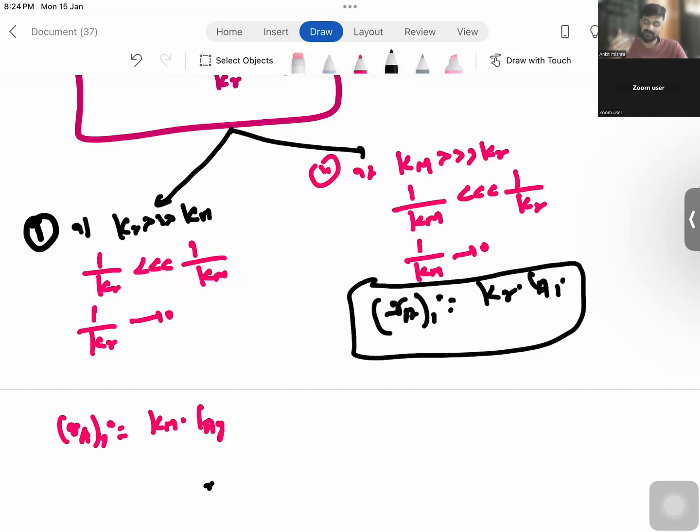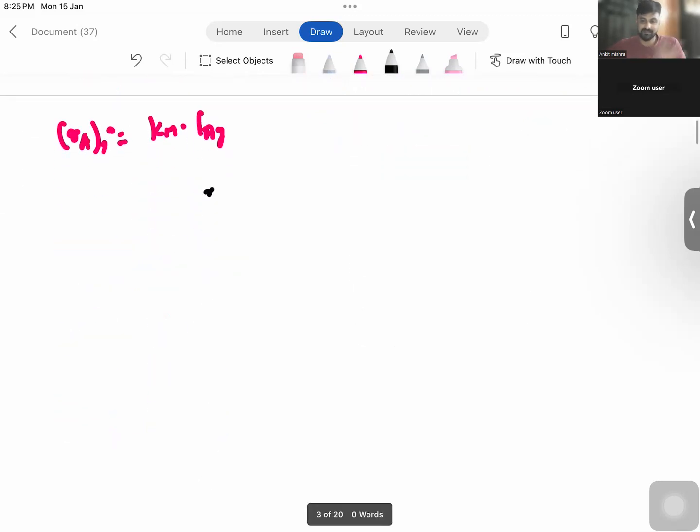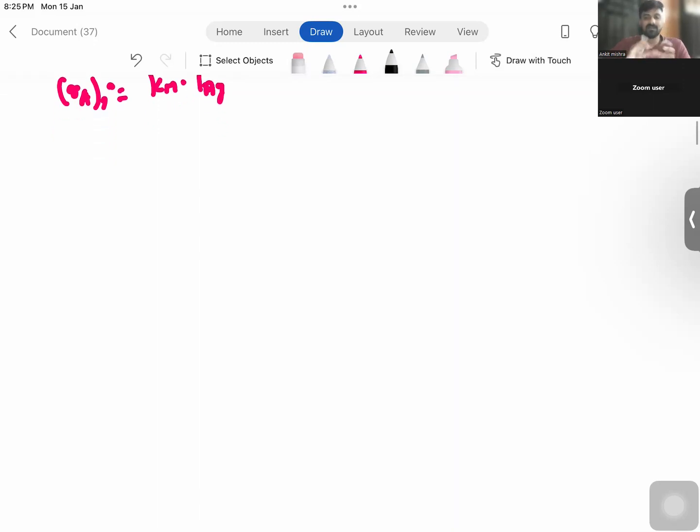So in that condition, what happens? Mass transfer limiting process will be there. So this is how this particular heterogeneous catalytic reaction system works when your catalyst surface is non-porous, means the catalyst is non-porous. Now I'll be talking about the next thing, that is when the catalyst is porous and how the